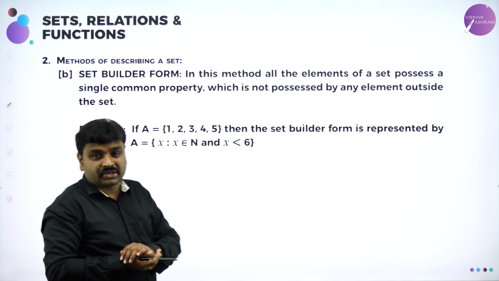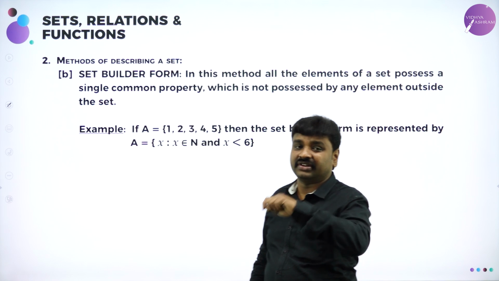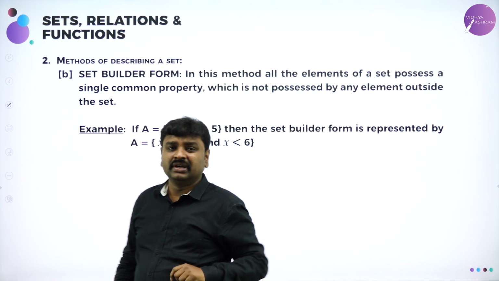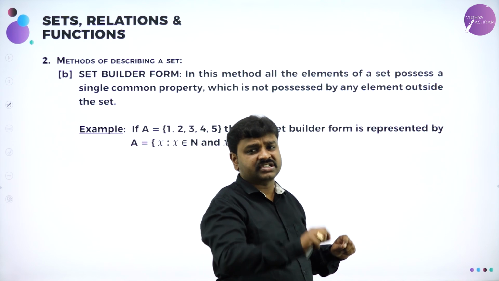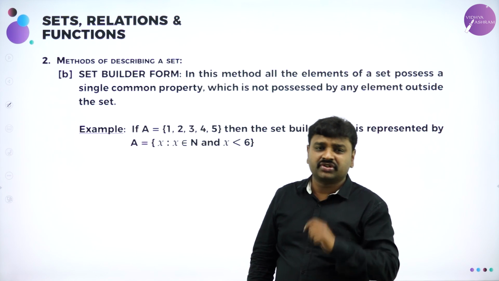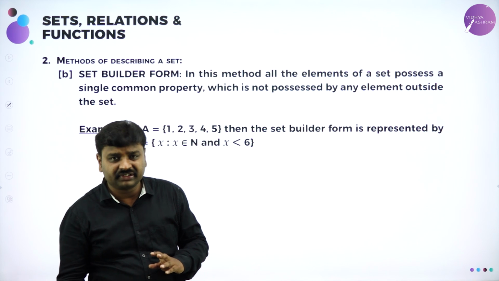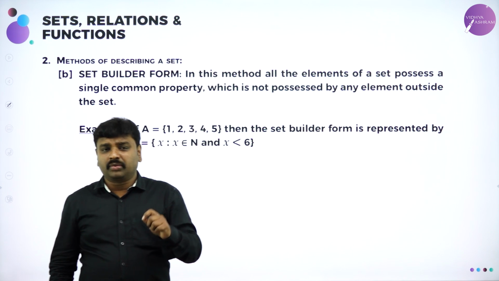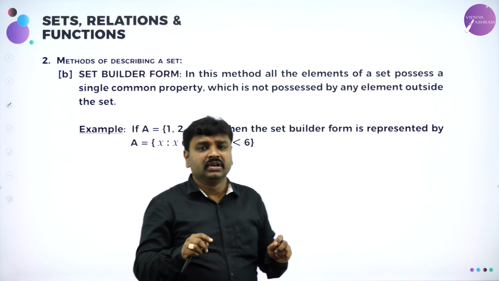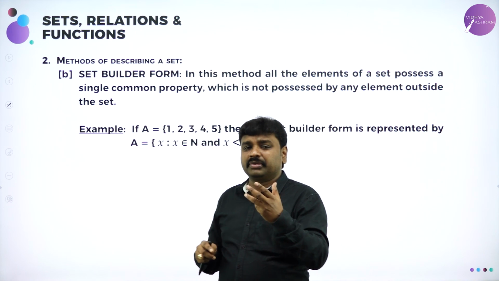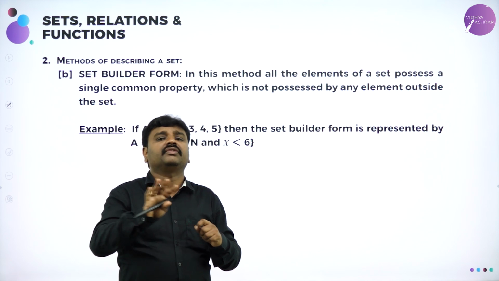Okay, my dear students, I started with what is a set. I also taught you how many ways there are of representing a set. What is meant by a set? A set is a collection of well-defined distinct objects. Set of integers, set of natural numbers, set of odd integers are all well-defined sets. If I talk about a set of beautiful flowers, it's not a set, because with the word beautiful, for some people some flowers are beautiful, for some they may not be. So we say it is not well defined.